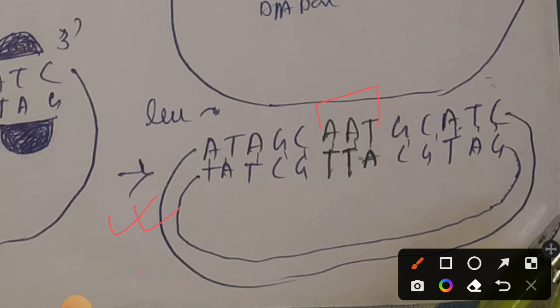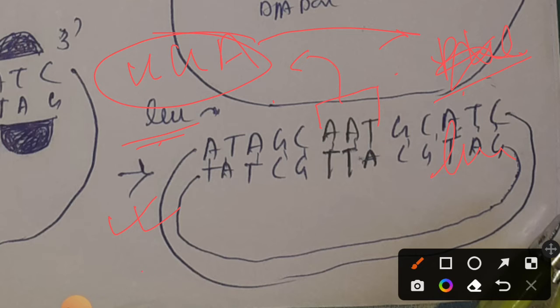AAT will produce an RNA that is UUA, and if you look at this in your genetic codon table, you will find that it codes for, sorry, leucine, that I have written here. So that's how you can change a single amino acid in a protein molecule with the help of the